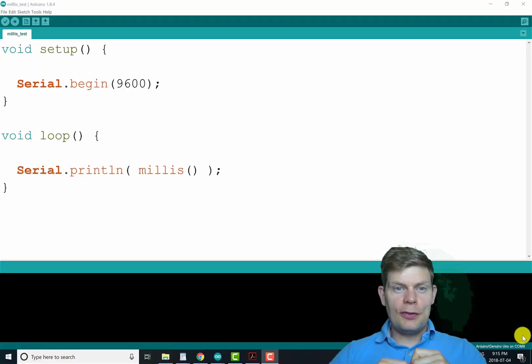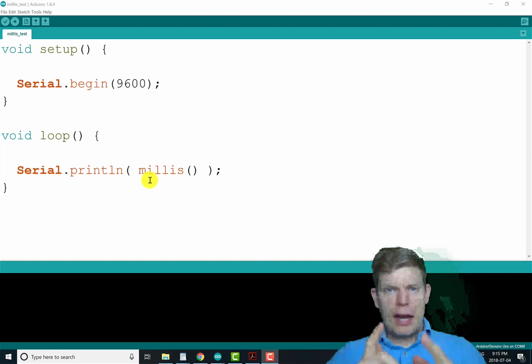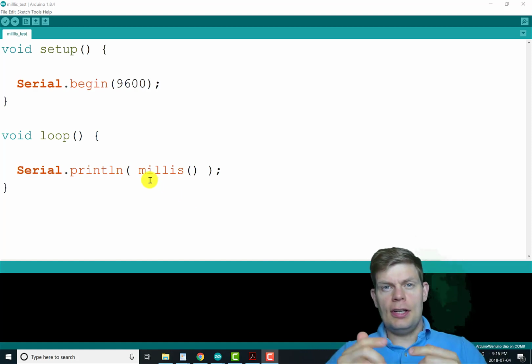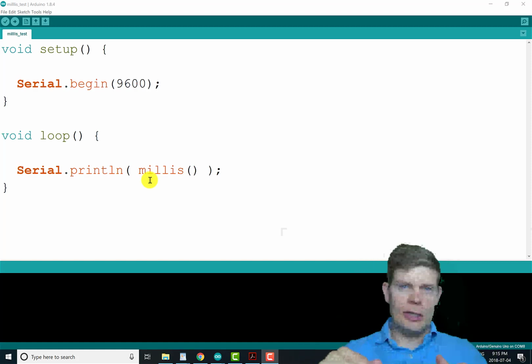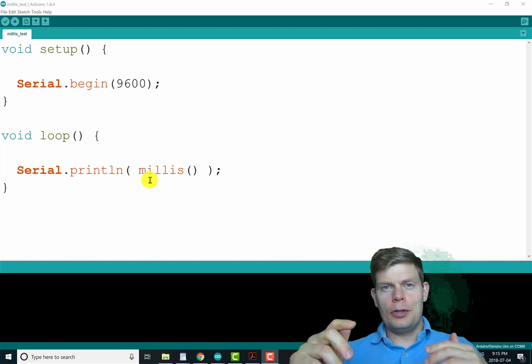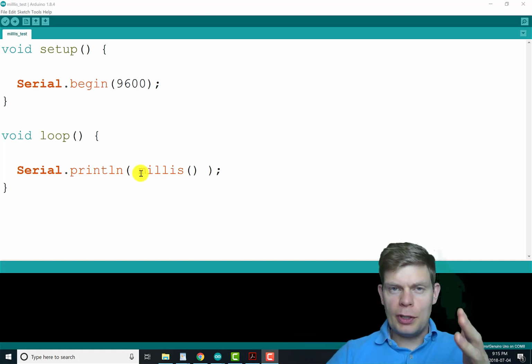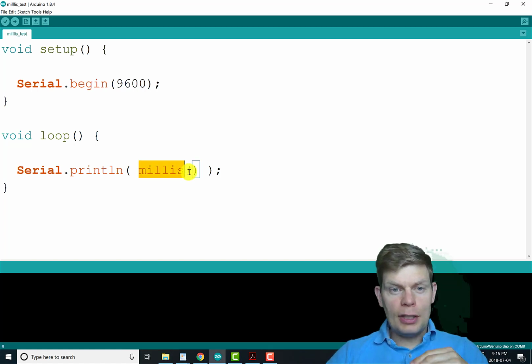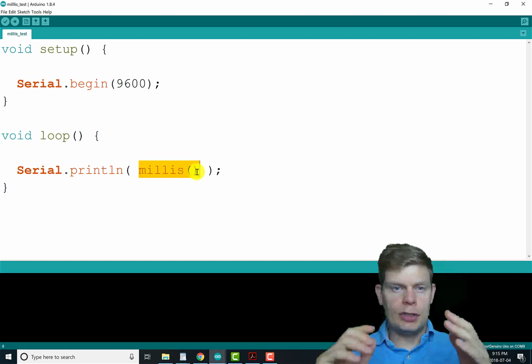Let's talk about the millis function. It's pretty awesome. First thing you've got to know though is there are 1,000 milliseconds in a second, just like there are 1,000 milliliters in a liter, or 1,000 millimeters in a meter, or anything else with milli. So yeah, there are 1,000 milliseconds in a second, and millis, just like this, just no parameters, just millis, bracket, bracket,